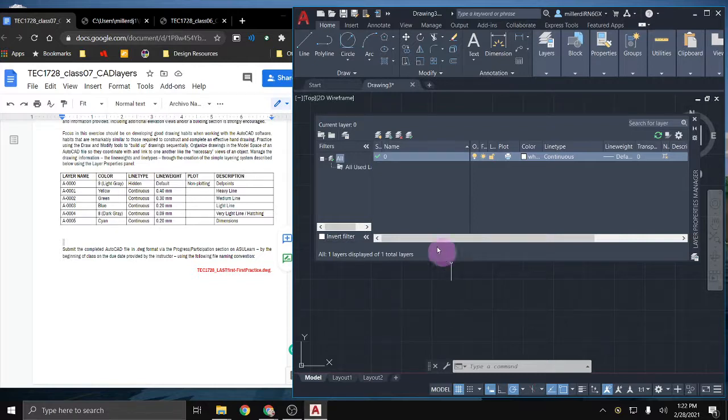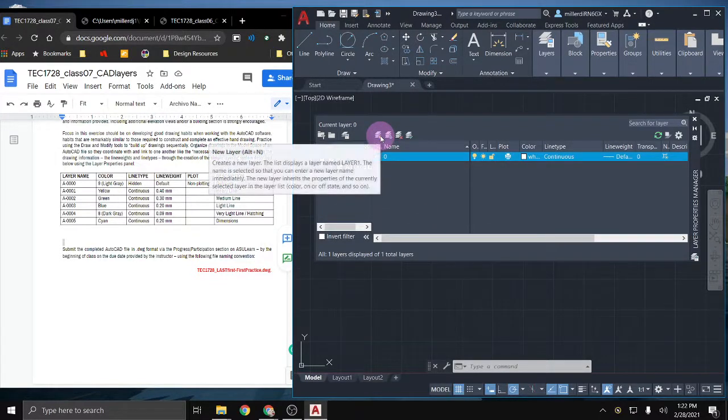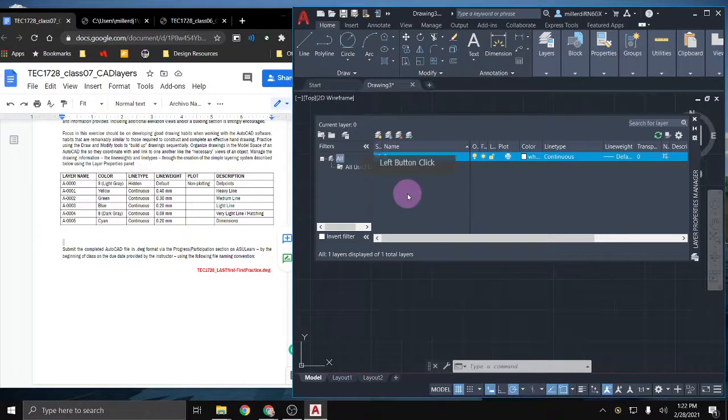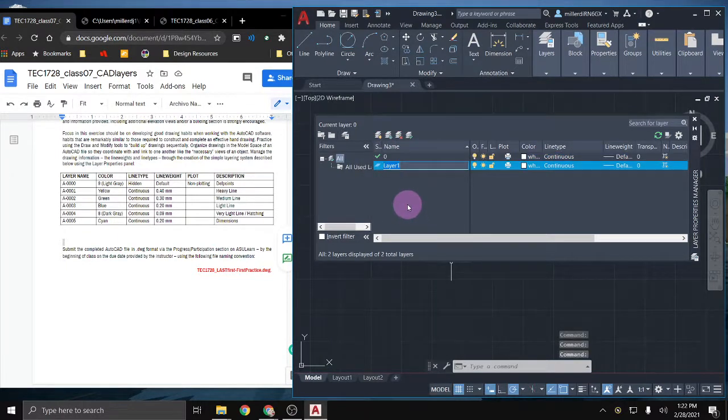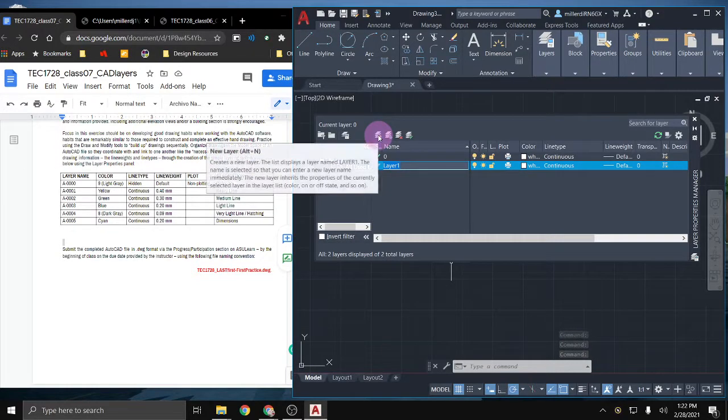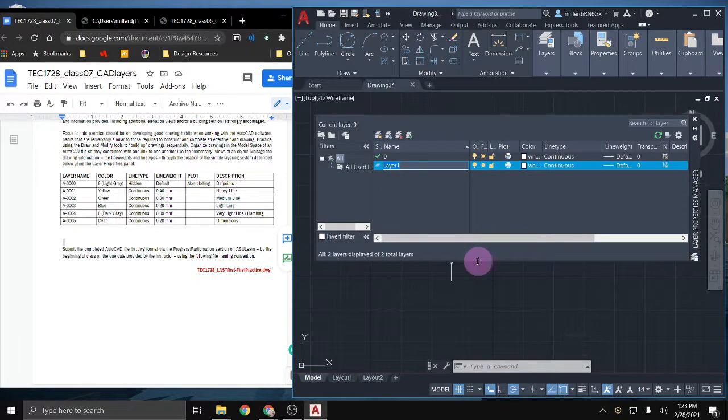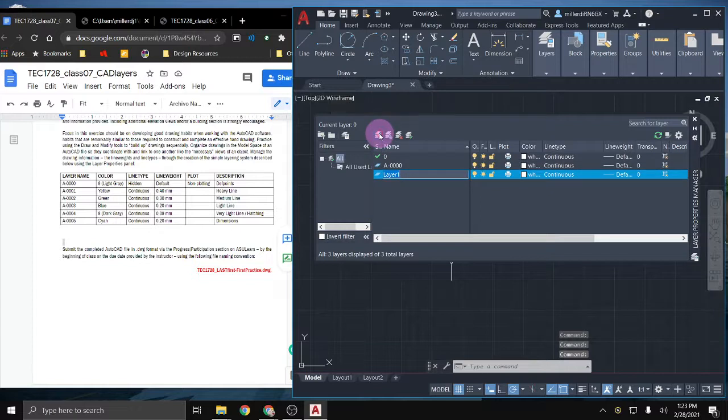And so to make a new layer, the keyboard shortcut is Alt-N. No, I guess it's not. What is it? Let's hover over it. No, it's saying it's Alt-N. I thought so. There we go. It's Alt-N or this button right here. And then I'm just going to name these A, 1, 2, 3, 4, enter. I'll make a new one. A, 1, 2, 3,